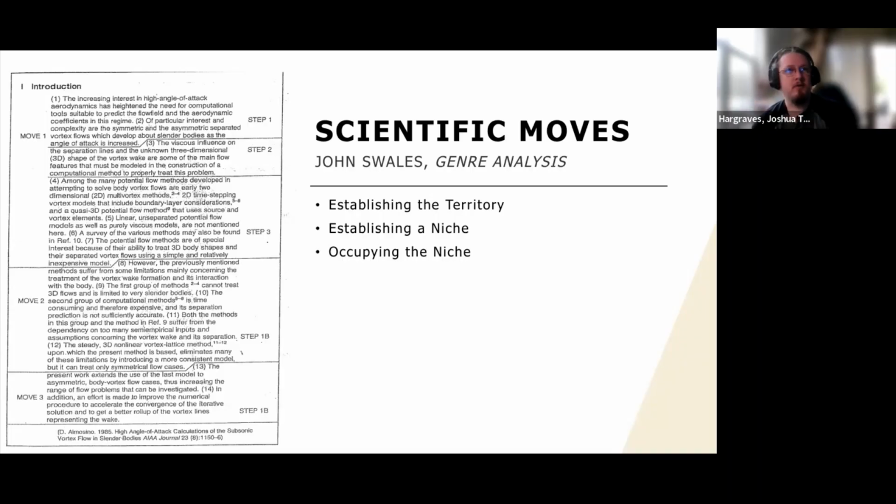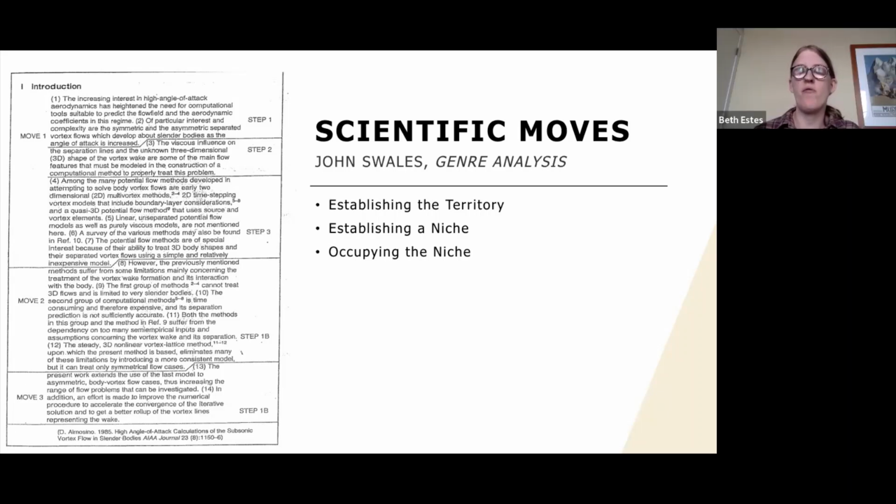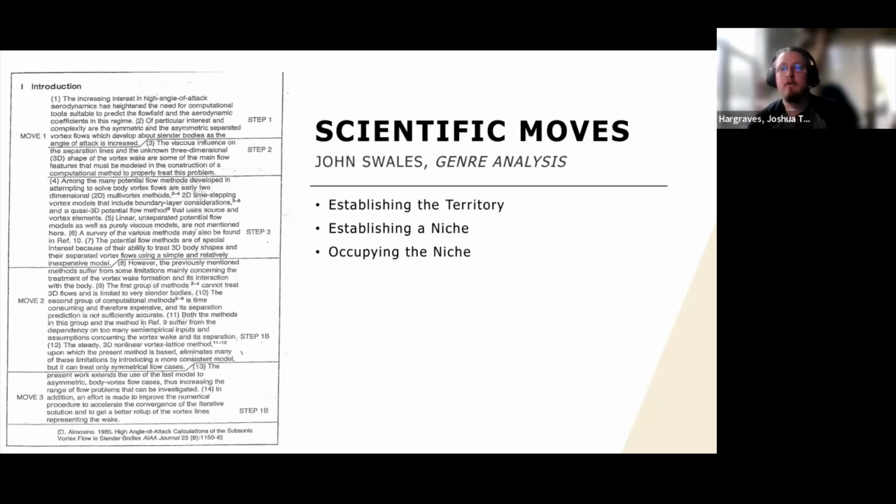Do I keep going through step 2 or? All right. So move 1 through 3 first. Move 1, yes. Or sure. Step 1. The viscous influence on the separation lines and the unknown three-dimensional 3D shape of the vortex wake are some of the main flow features that must be modeled in the construction of a computational method to properly treat